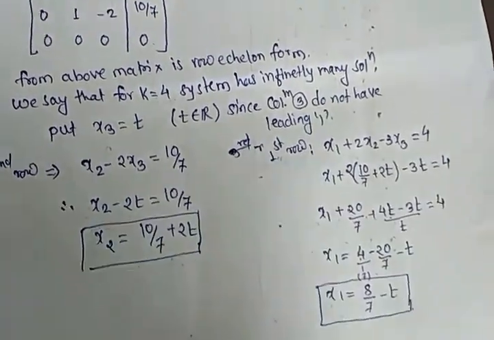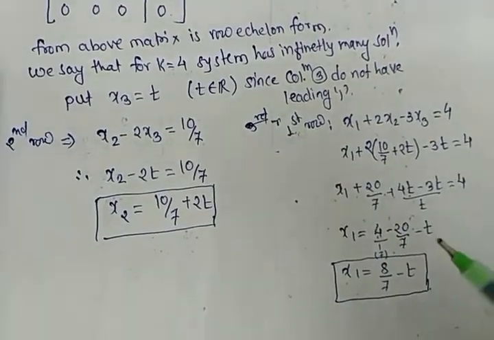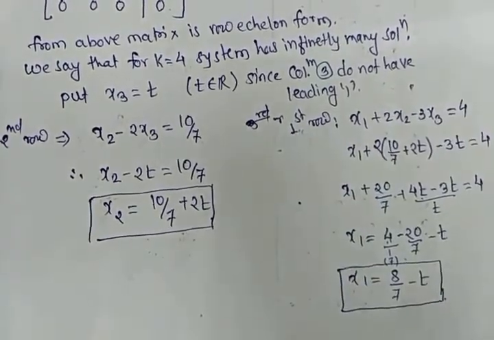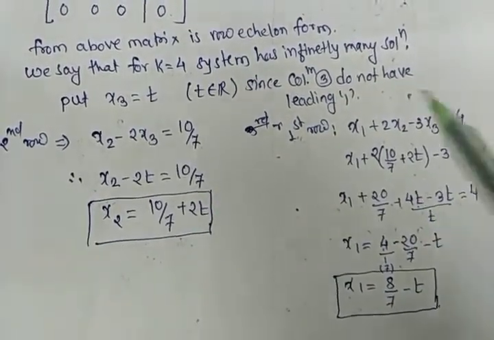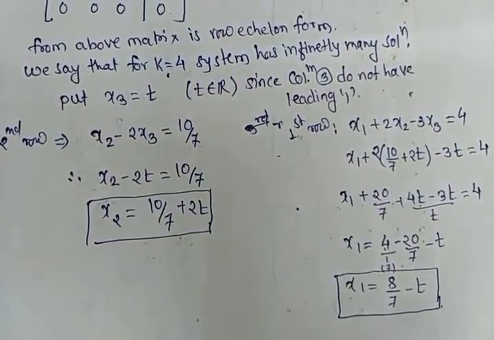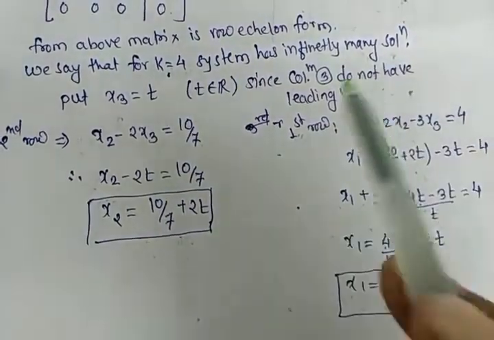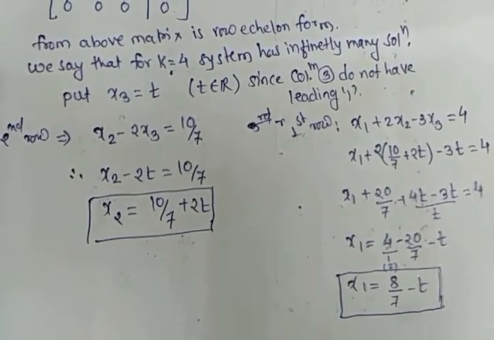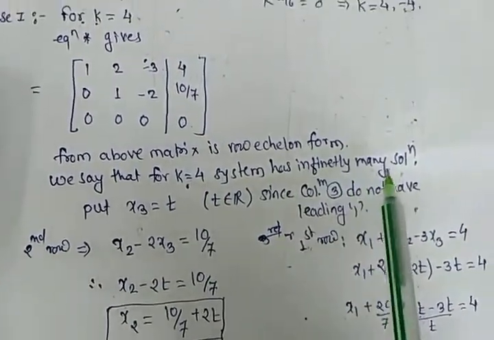Okay. If in a question it is asked to find infinitely many solutions, then only you have to find the solution of the system. In this question it is not given. If you do not solve this, you only write for k is equal to 4, the system has infinitely many solutions, it is okay for the exam. For understanding purposes you can write it, or you can solve the system after putting k is equal to 4. Now the value k is equal to 4, system has infinitely many solutions.